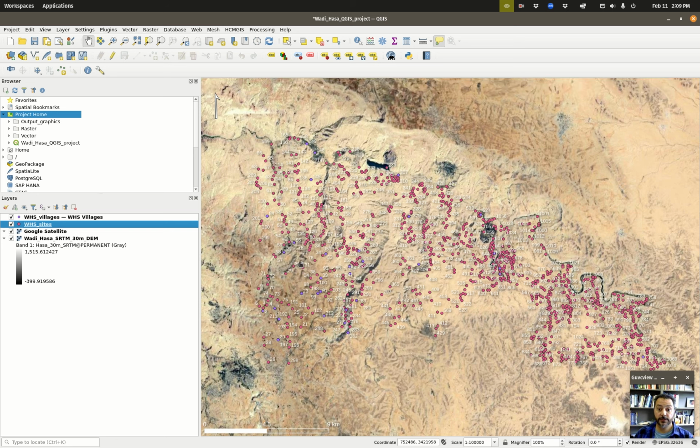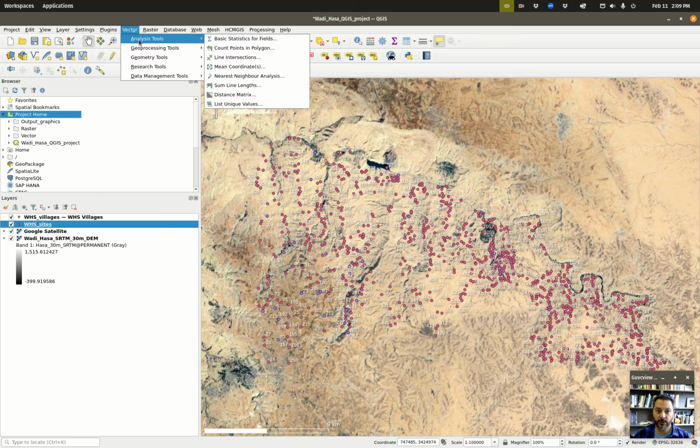Okay, so let's talk about some of those spatial queries. And one interesting thing and an example that I'll show you is how to set up a regular survey grid and do some spatial querying, some overlay querying to count the number of different types of sites within the grid that we want. So what we're going to do is to hop over into the vector menu toolbar,